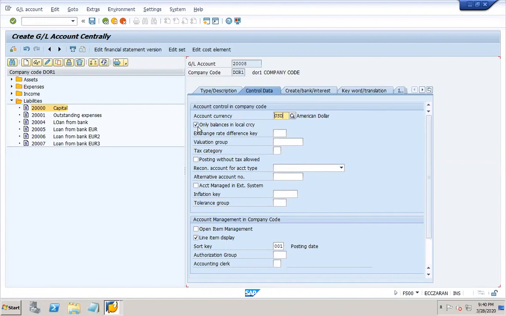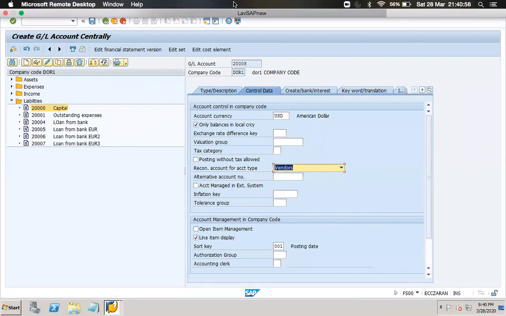Okay, account currency only balances in local currency. This is a reconciliation account, recon account, for account type vendors. So this is the reconciliation account for vendors. We are buying on credit from vendors. So whenever we buy on credit, some amount will be